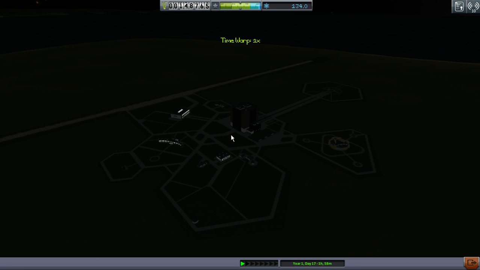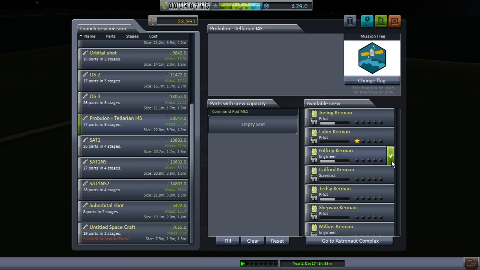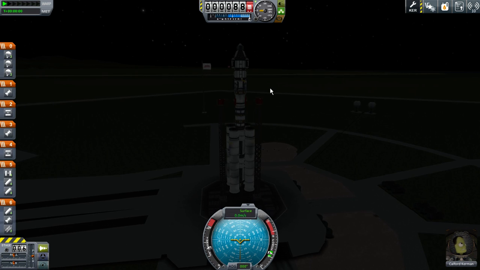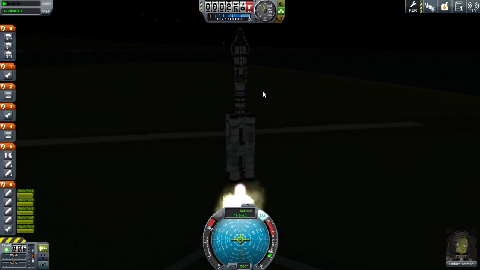Now, this guy I've not tested extensively, but it does need to be done. And so, let's use the Probuline. Let's get Joing out, and Calford looks like the best guy to send out here. Now, one of the things I noticed with this vehicle assembly building that we had upgraded is that the VAB lets you do action groups, which is really nice, but it does not allow us, on the other hand,